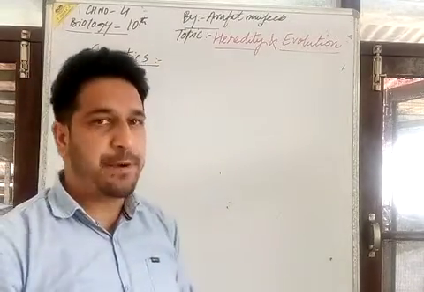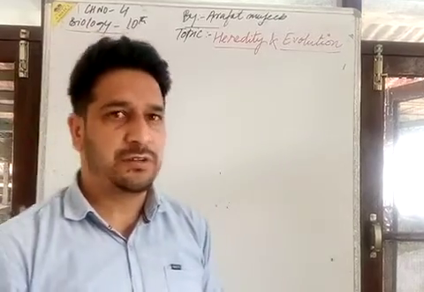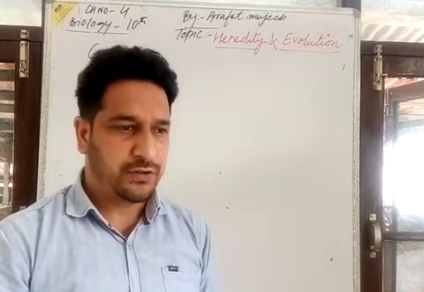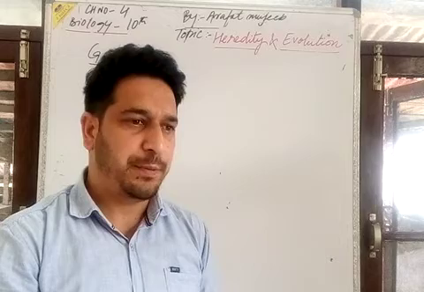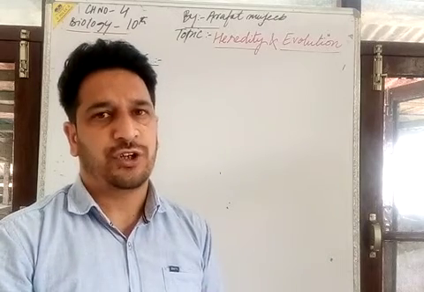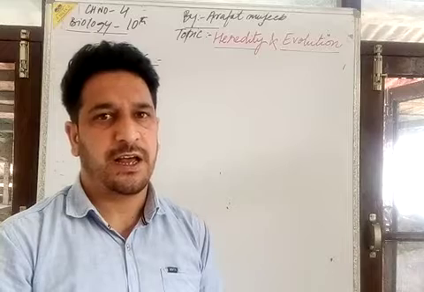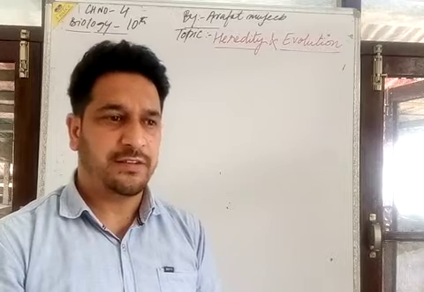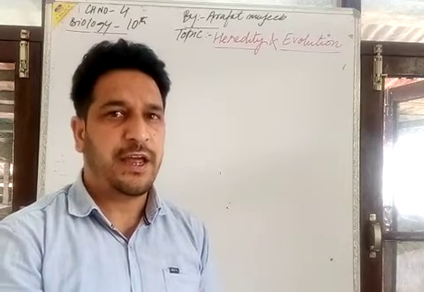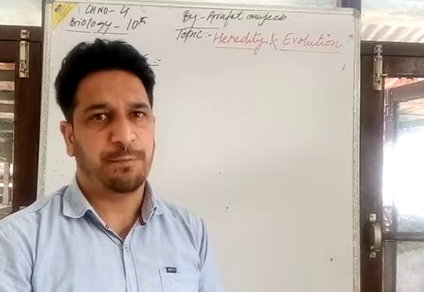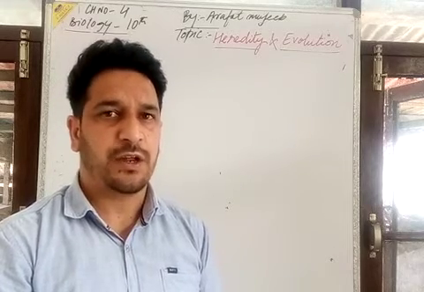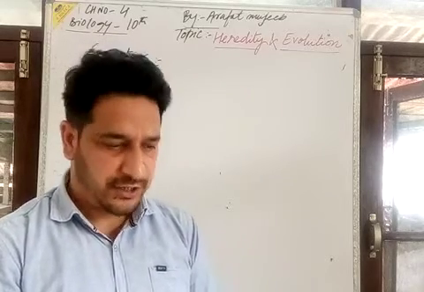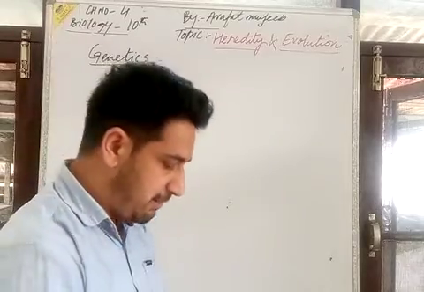Genetics एक नया branch of science है which deals with the study of inheritance of characters from parents to the offspring. ये वो ब्रांच ऑफ साइंस है जिसमें पढ़ाया जाता है कि जो कैरेक्टर्स है पेरेंट्स के, वो कैसे ट्रांसमिट होते हैं एक नए इंडिविजुअल में, एक नए ऑफस्प्रिंग्स में। ये ब्रांच ऑफ साइंस, इसको हम कहते हैं जेनेटिक्स।